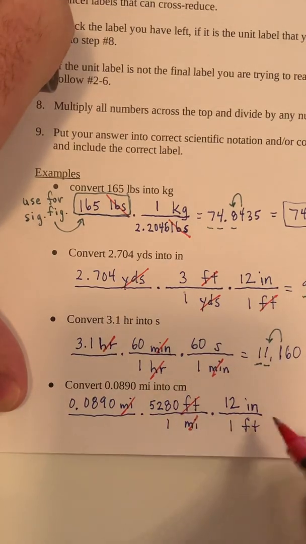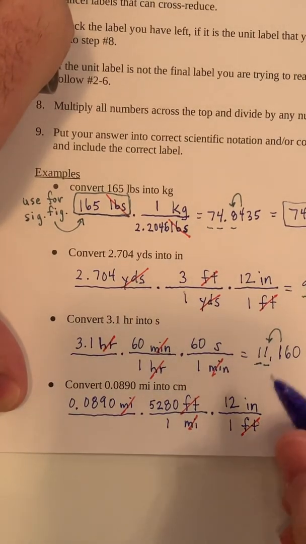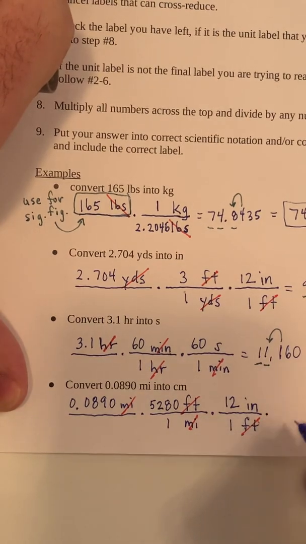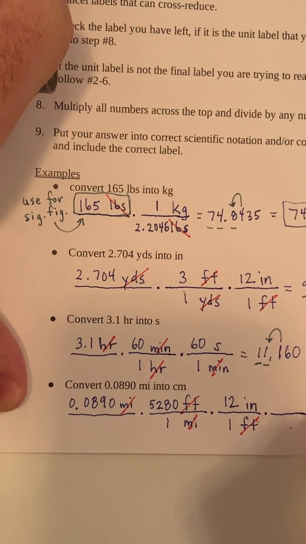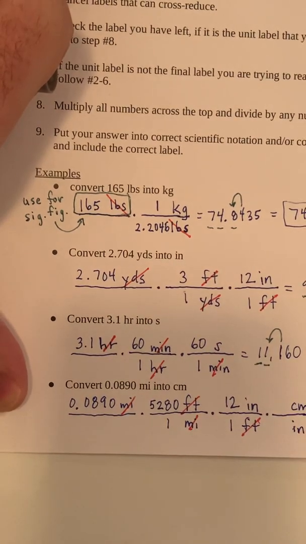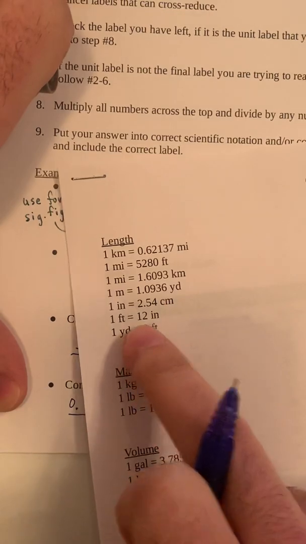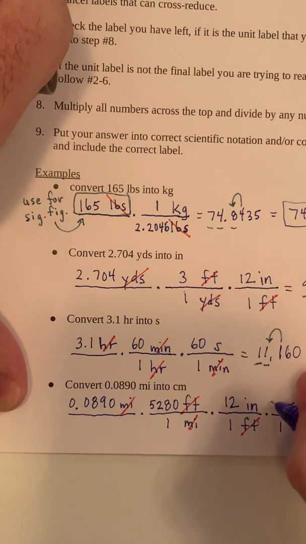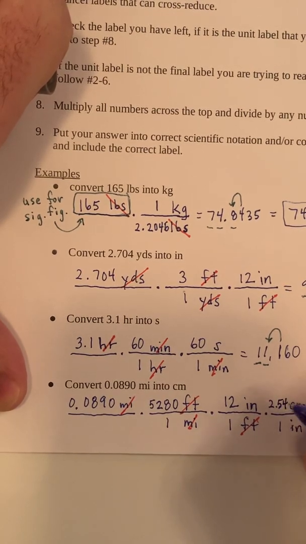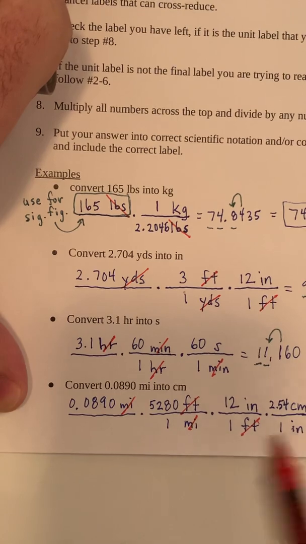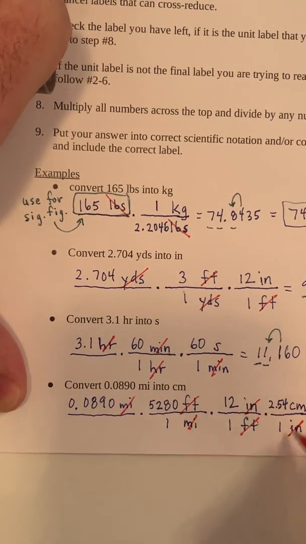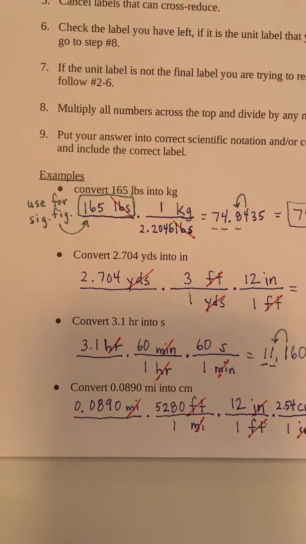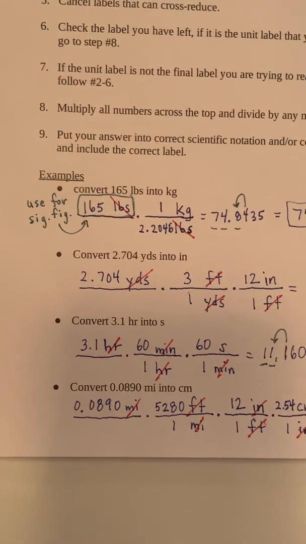We cross out labels. Now that we're in inches, we finally can go from inches to centimeters. We have that conversion here, and that is 2.54 centimeters for 1 inch. So 1 in front of the inch, 2.54 in front of the centimeter. So inches have now canceled for us. Okay, and we get